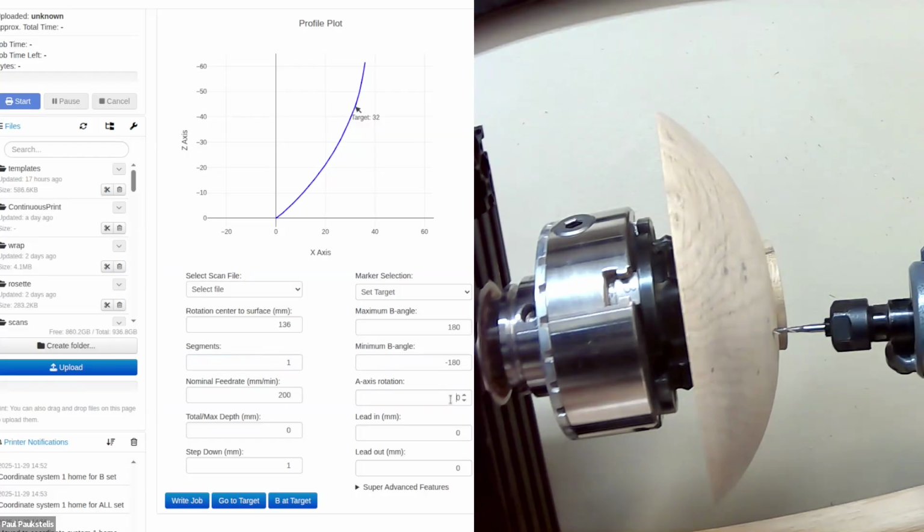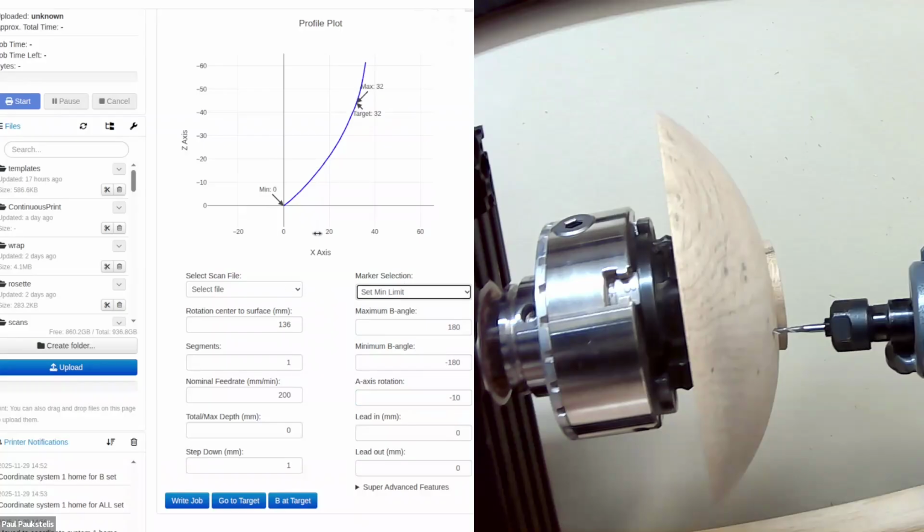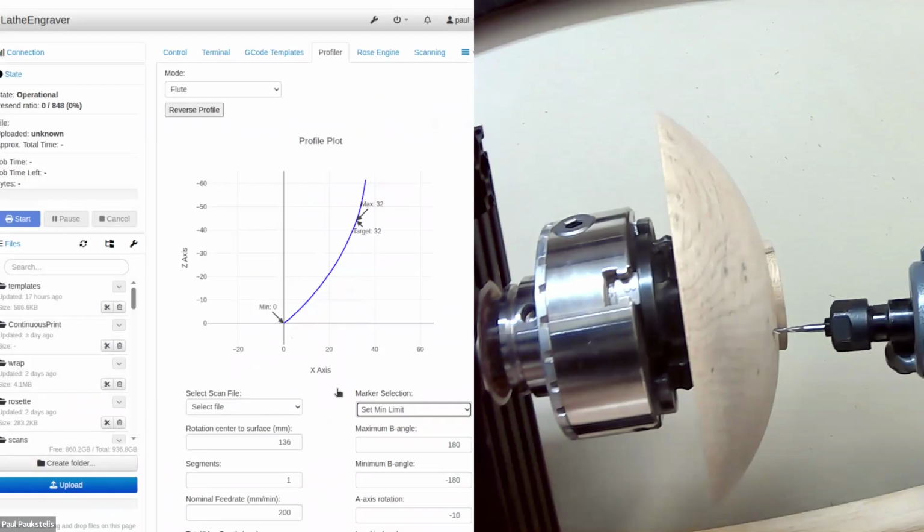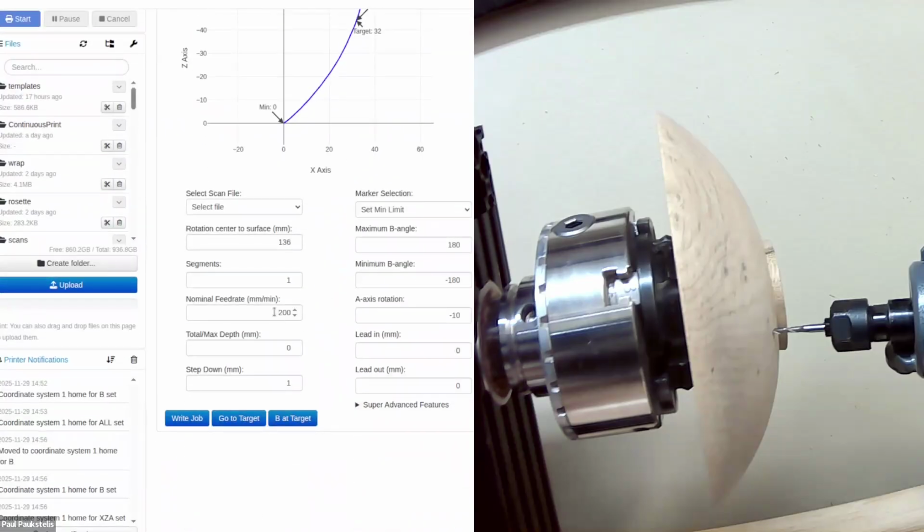And I'll put a little bit of rotation. Let's say I'll do a minus 10 degree rotation for this. We'll set our max. We'll be at whatever this current target position is that we're at, and we'll go to the rim of the bowl. Do you need to select a scan file? No, this is my scan file. So if I have this up here, that is the one that I want. And I'll increase this. I'll say I'll do 600. They're nominal, and we'll just do